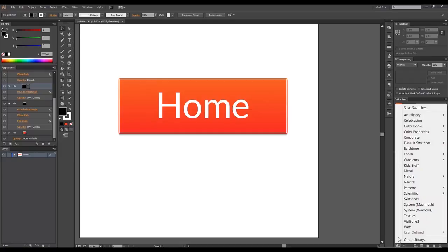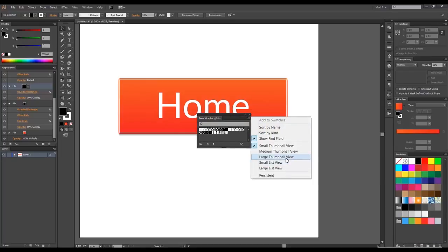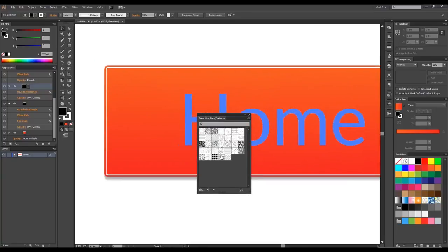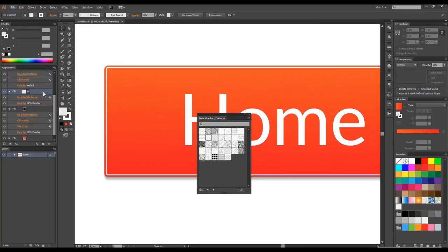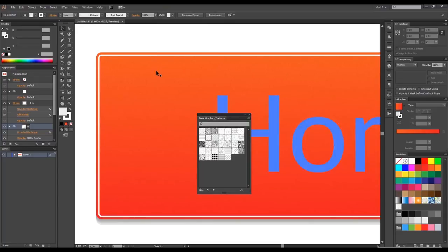Go to this button, patterns, basic graphics, make it bigger first so we see what's going on, and we can go to textures. I think it's the best, and we can put maybe diagonal lines. Now one thing you should notice is that we need to change the opacity, make it 100%, and we also